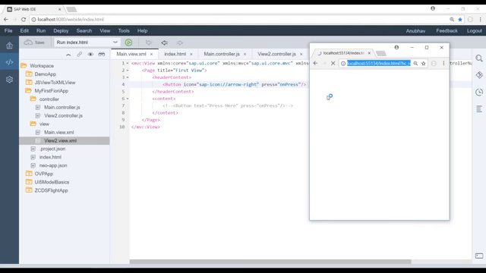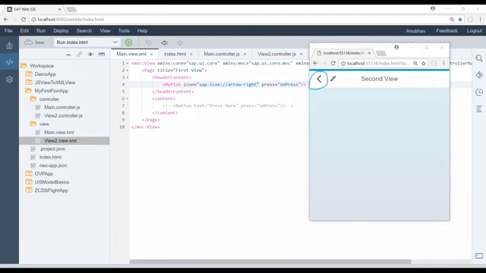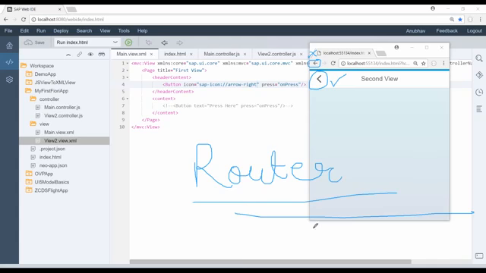Is this the right behavior? You went from first view to second view, and I want to go back to the previous screen using the browser back button. This back will take you somewhere, definitely it's working, but this back of the browser is not taking you to the previous screen. That's the reason we use something called the router concept in SAP UI5, to make use of this back and